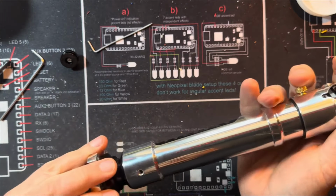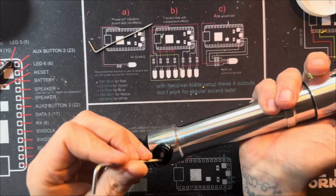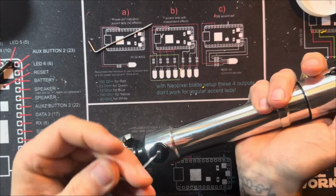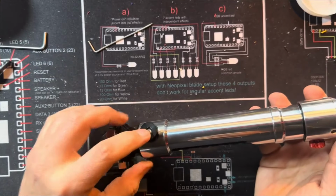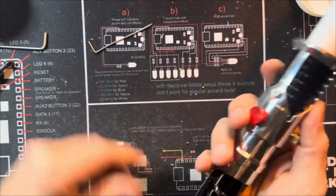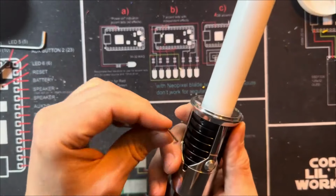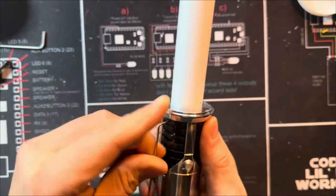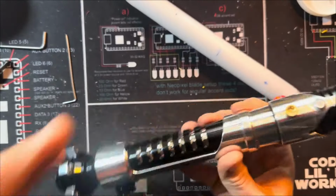So I'm gonna go ahead and leave that battery in there since it's yours anyway. Go ahead and lock this down and leave this alone. And then, like I said, by the time this makes it to you, that screw will be cured onto this Covertech. If you don't like to do that, it's just E6000, so you can pull it off if you like. I just thought it made for a little bit of a quicker release and one less Allen wrench that you had to worry about. But that is your